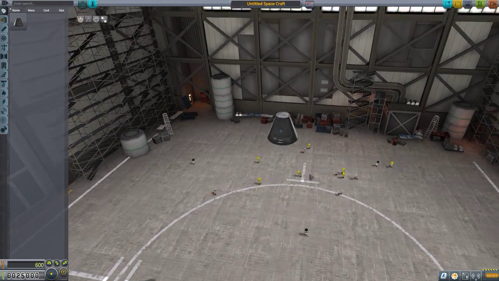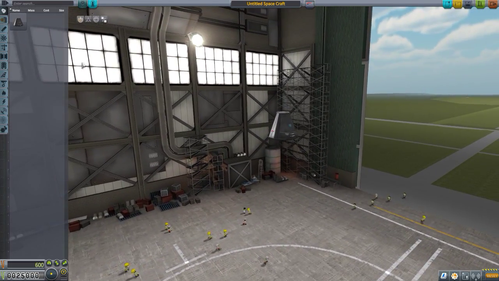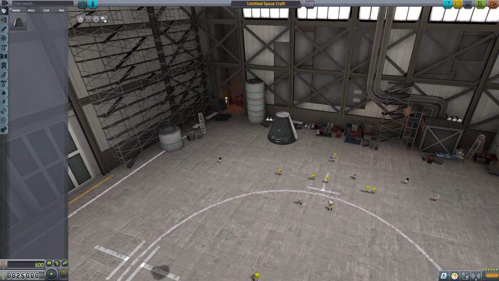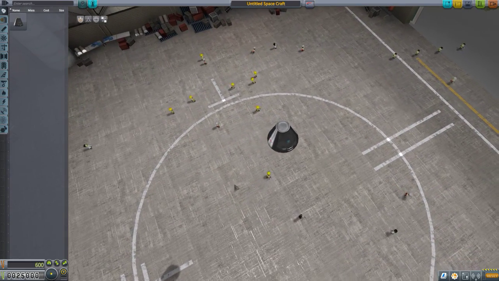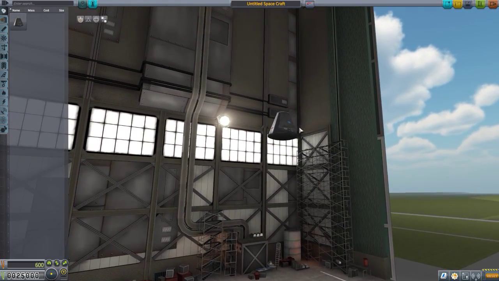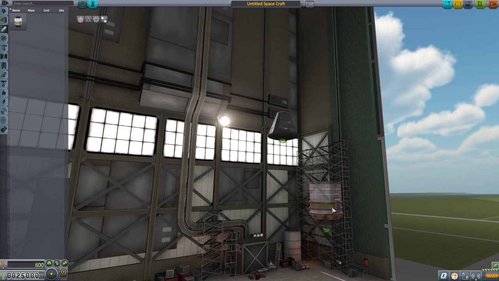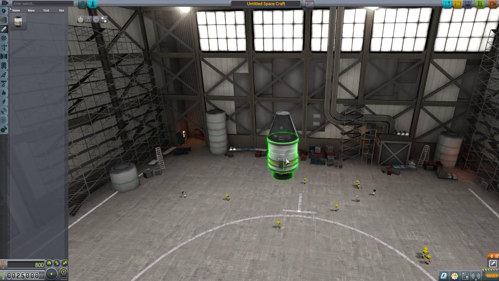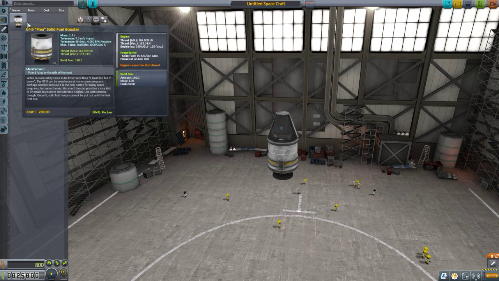So this is gonna be a little, I don't know, cockpit. What's it actually called? A command pod for our Kerbins. Those are the people on this planet. You can see them down there, a bunch of Kerbins roaming around here in our space plane hangar, our rocket hangar. At this point we really are limited with our options, so I'm just going to start with a really simple launch. We have a command pod attached to a solid fuel booster,